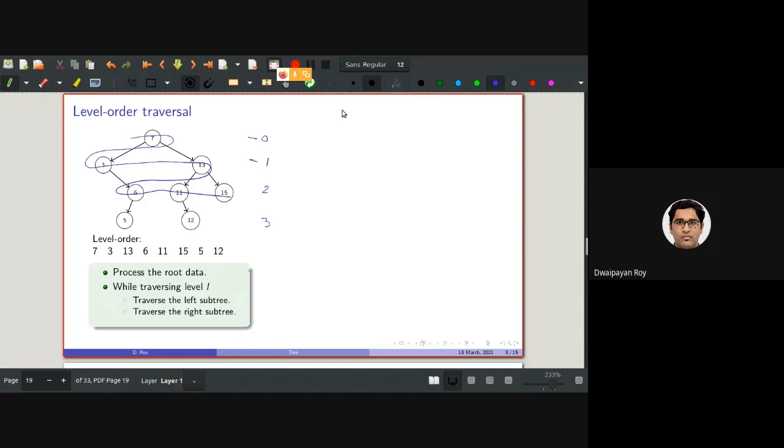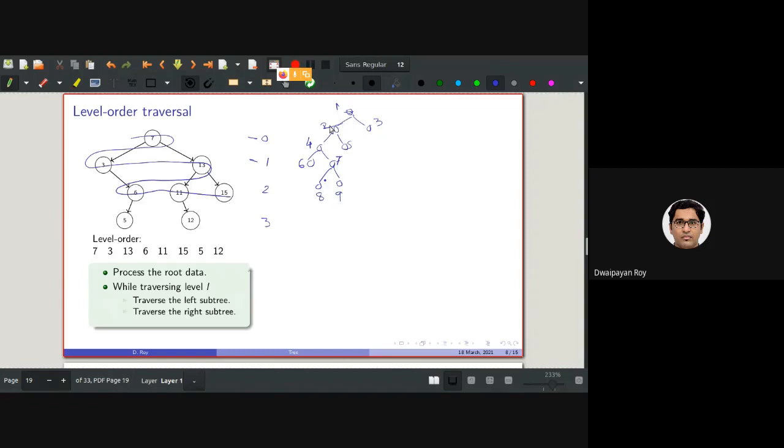So if I consider a larger tree as well, like this, first this will be processed, then say this will be processed. So basically 1, then 2, then 3, then this will be the 4th one, the 5th, the 6th, the 7th, and so on, 8th and 9th.